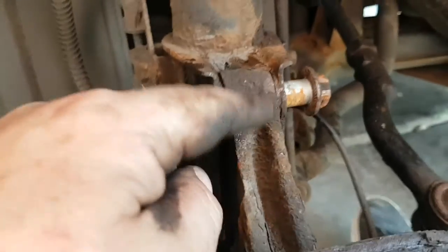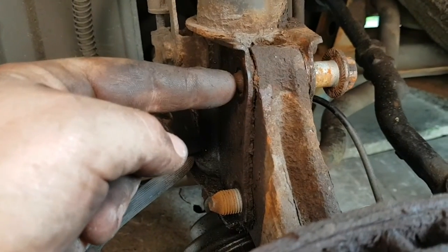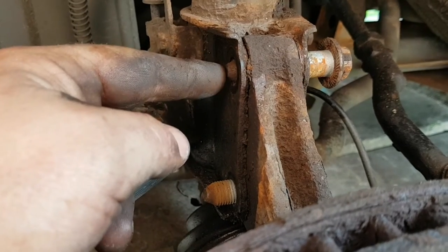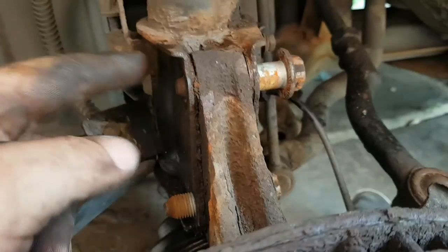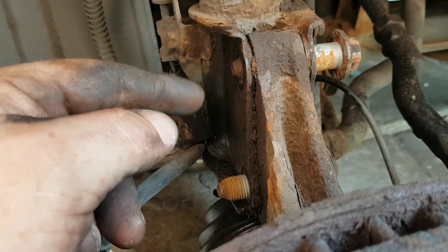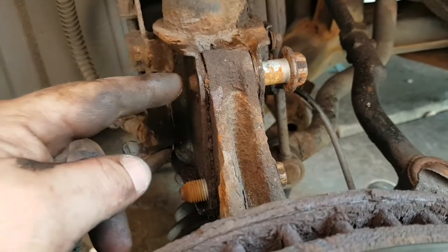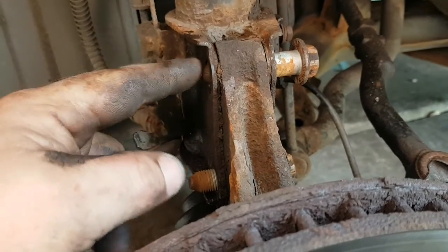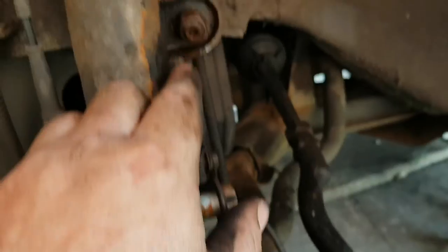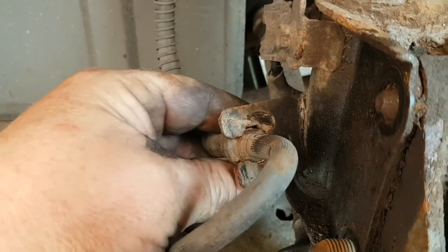Then you want to undo these two here, 17mm this side, 19mm nut this side. You need to undo both of them. I got carried away, I just wanted to get these cracked off as I need it done as soon as possible. So yeah, crack these off, undo them, just tap them out, these will come out, undo that, that top one off, there. Right, your brake hose goes in like that,